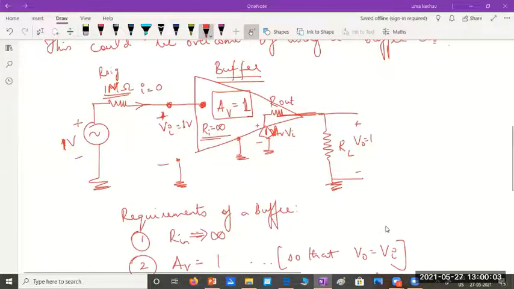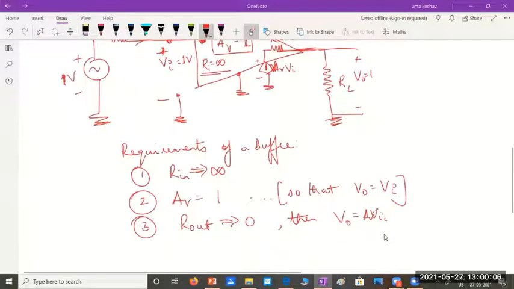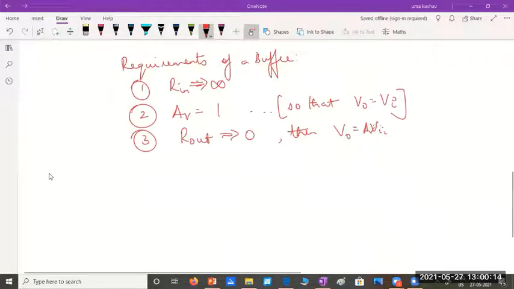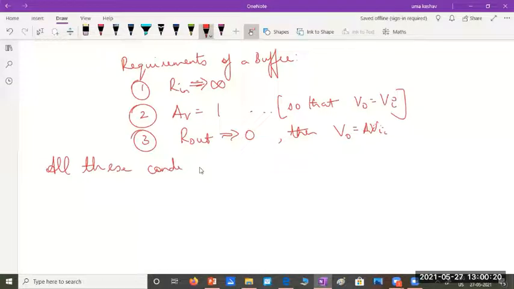Remember, these are the ideal conditions of a buffer circuit. All these conditions are well met